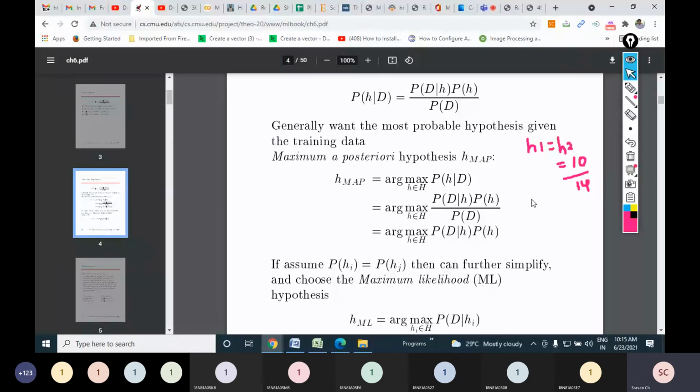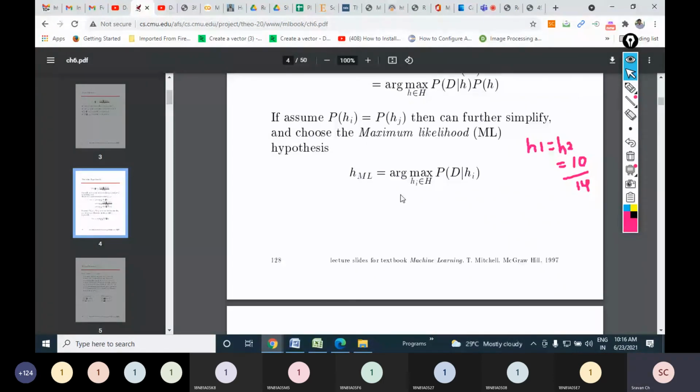So if we assume P of Hi is equal to P of Hj, meaning P of H1 equals P of H2, then we can further simplify and choose the maximum likelihood hypothesis. When H1 and H2 are giving me the same accuracy, then I can go for maximum likelihood. Choose the maximum likelihood hypothesis. H_ML is equal to argmax of P of D given Hi. This value we will compute for every hypothesis, whichever is giving me the maximum value, that hypothesis I will